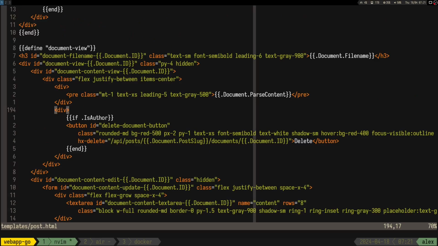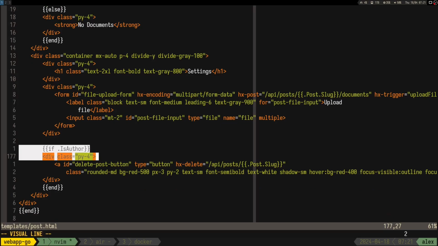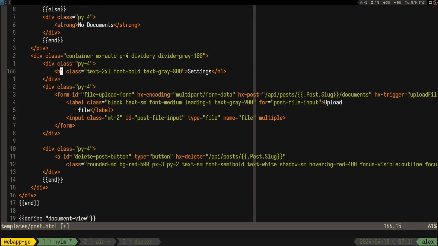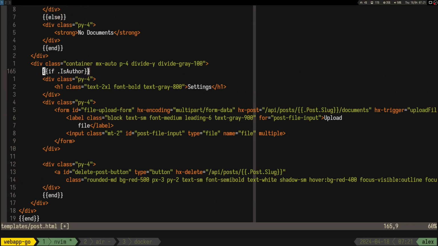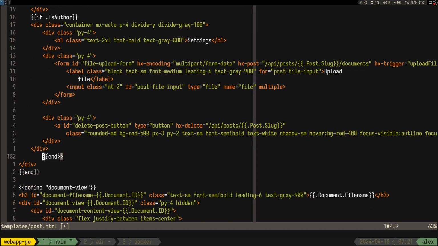I guess, where's the settings? Settings is here. So right now I have an if only for this, but I think I want to move the if here, or I guess even better would be here, like not showing the div entirely,